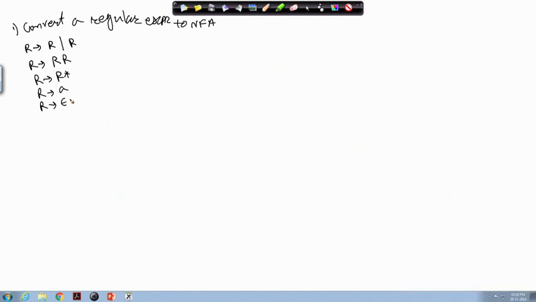Now, for syntax directed translation, what we will assume is that we have got some attributes. Each regular expression has a corresponding NFA, and the NFA has got a start state and a number of final states. So, if we assume that for every regular expression we will maintain its corresponding NFA as an attribute of it, then we can combine those attributes as syntax directed translation actions, so that I can get the NFA for the complete regular expression.